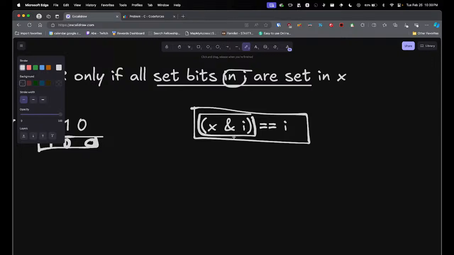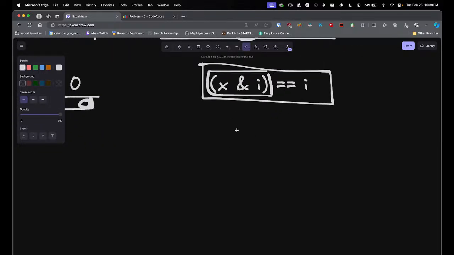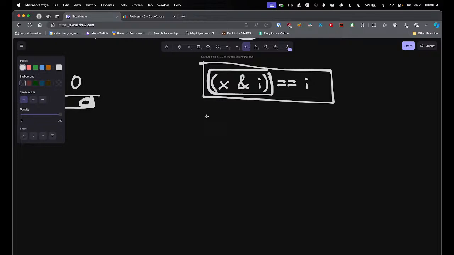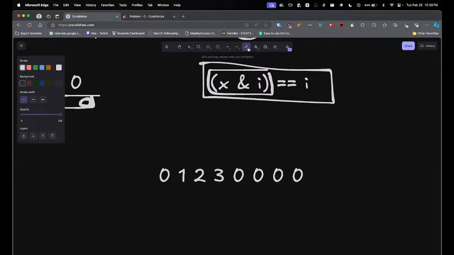Now what if this doesn't hold? Like for example, I can't add this. Then my max will be this itself. Max is not going to change. So for example, I have 0, 1, 2, 3. 4 I can't add. So what I can do is fill everything else with zeros, and for the last number